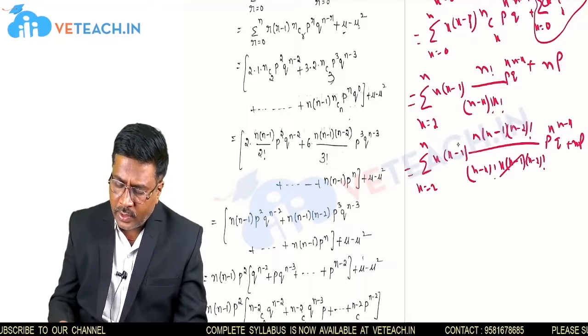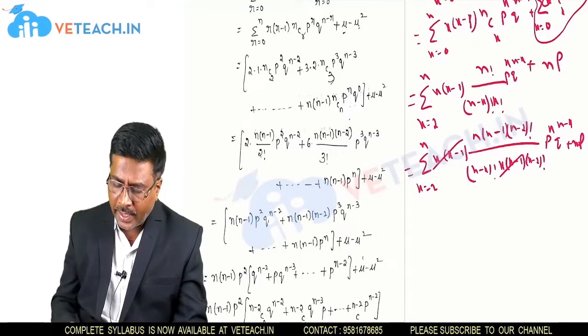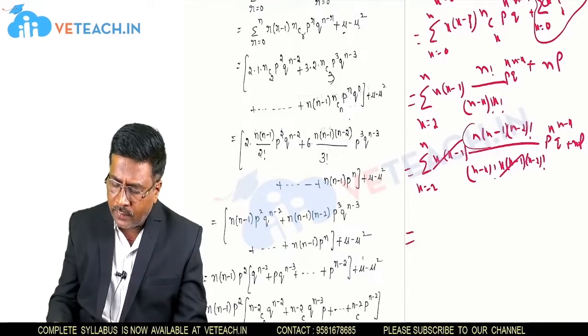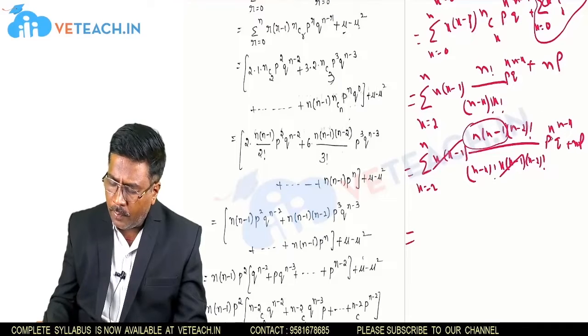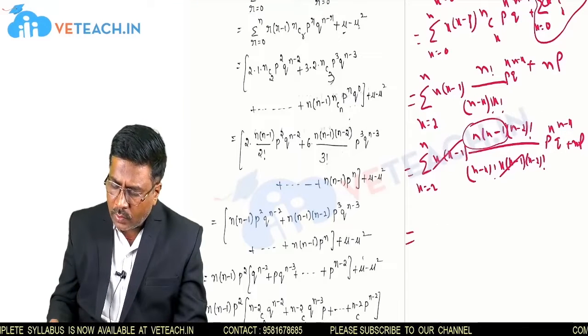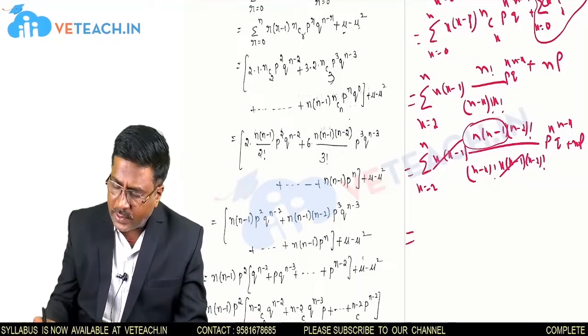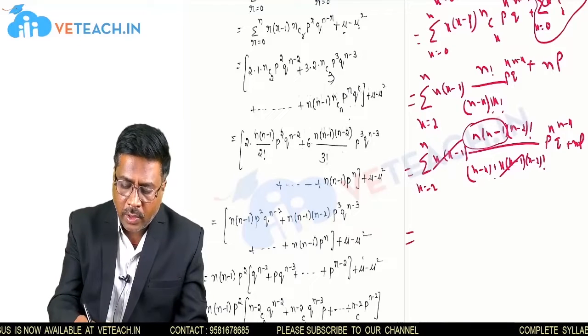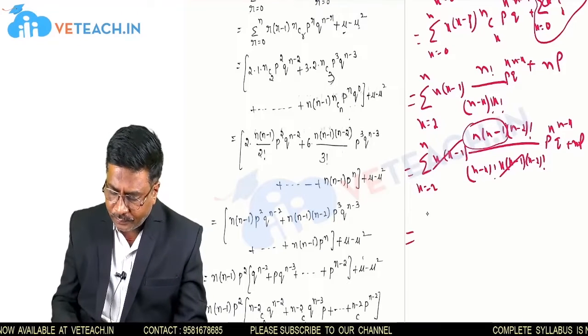Now here x into (x minus 1) and x into (x minus 1) both are to be cancelled, and n into (n minus 1) remain. For p to the power of x, I have to write p power x minus 2 into p square. In the next step I have to write that one. So then this is